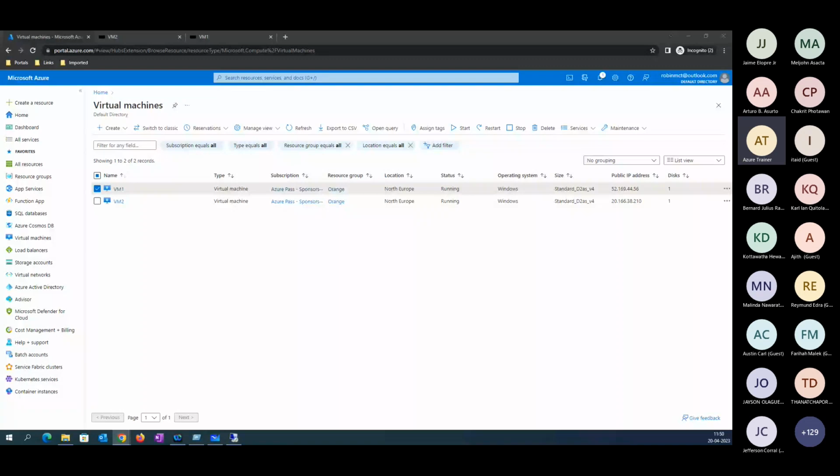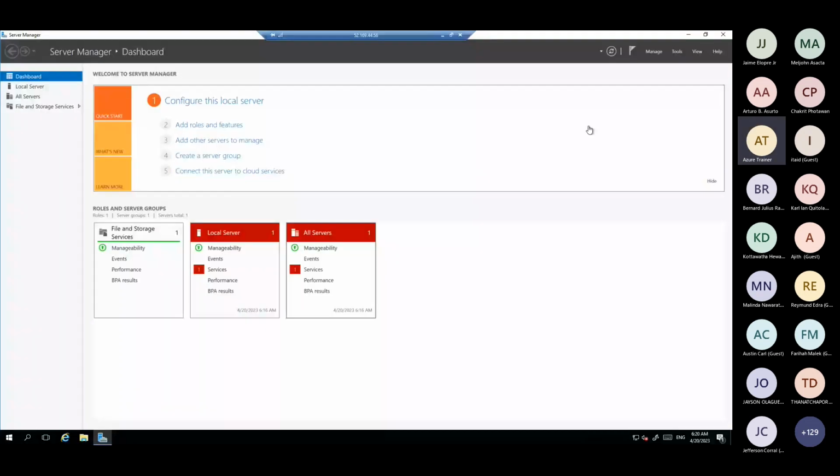Let's connect to the server. I think right now you can see the server is back online.